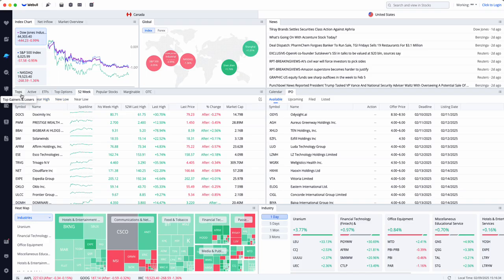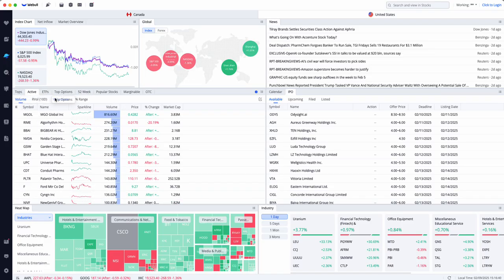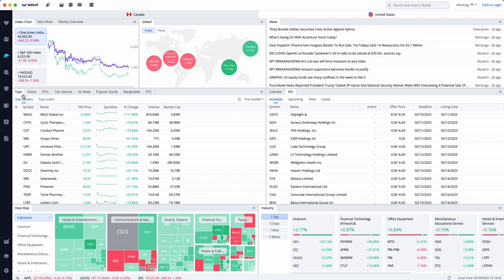The same thing on the other window. If you see on my left side, there is top, active, and other things. I usually use this one pretty often, which is top gainers. So last Friday, these were the stocks which were momentum stocks, and everyone was